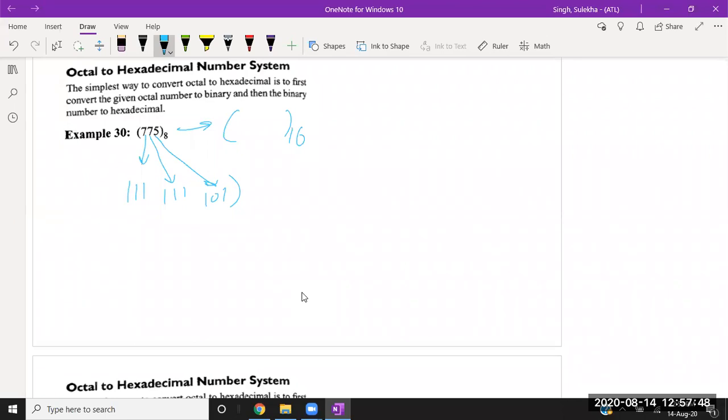After writing these binary numbers in base 2, what you need to do? You need to pair up in 4-bit form, from the right-hand side, because this is the integer part. So these are the 4 pairs, and you are ending up with only a single bit, which is 1. For making it a pair of 4, you need to add 3 extra 0, and you are ending with 0001. So 0001 is 1. F, this is D, and you can write your answer in this manner: 1FD base 16.